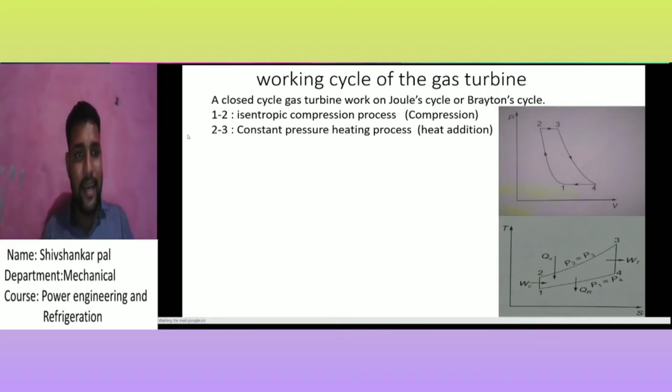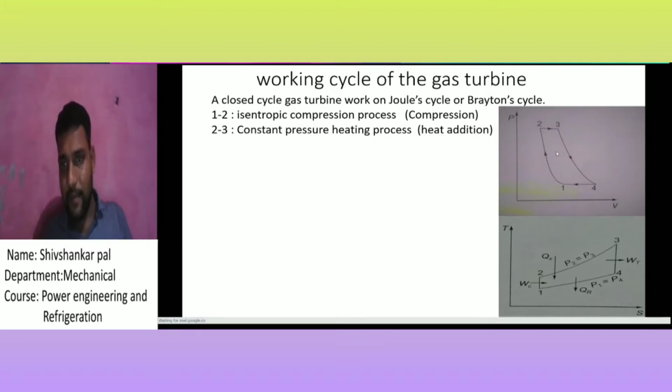Our next is the constant pressure heat addition, meaning the combustion process is the heat addition. That heat addition in the Brayton cycle, and in the Joule cycle, is at constant pressure. You see in the figure that the 2 to 3 process is the constant pressure process. In the TS diagram our first process is isentropic, meaning entropy is constant. You see the 1 to 2 process is the isentropic process, where entropy is constant.